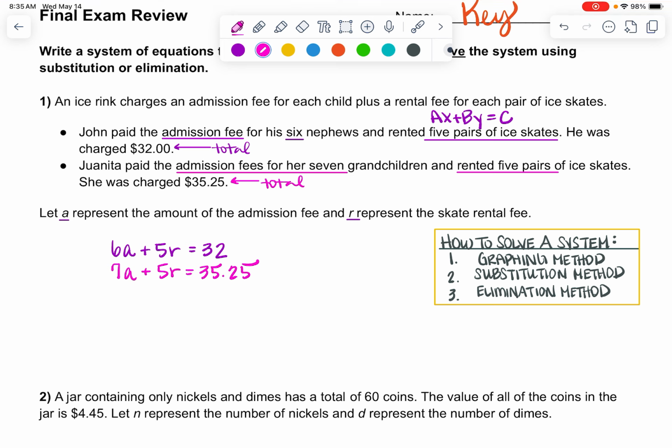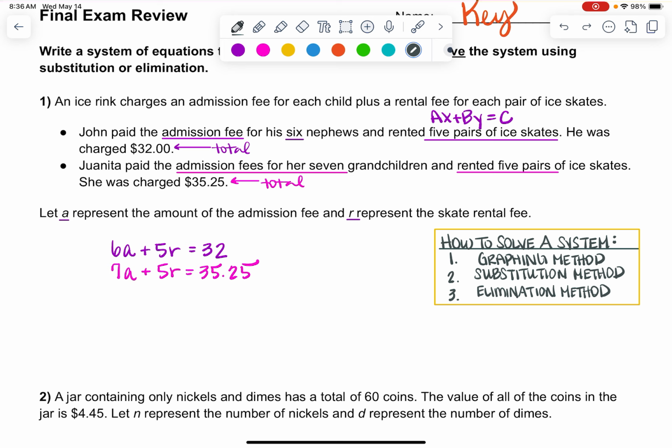Now we have to figure out a way to solve for how much the admission fee is and how much it costs to rent 1 pair of skates. So clearly we should be using the elimination method, right? Because all of our like terms are aligned: A's, R's, equal signs, constants, everything's aligned. So we want to get one of our variables to eliminate if we add vertically. It's also called the addition method. So if I was to add vertically, would any of my terms cancel? And no. But we're so close to canceling because our 5 R's,